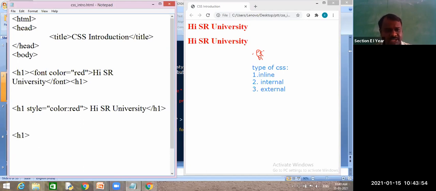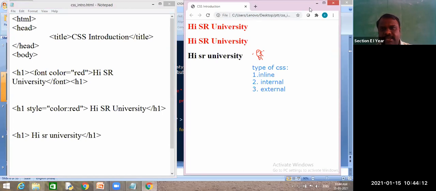Same H1 element, Hi SR University, and it has been enclosed with H1. It has completed, and when I see its output, what happens? I can see only Hi SR University. See, I will close this one, guys. Right. I can see Hi SR University.